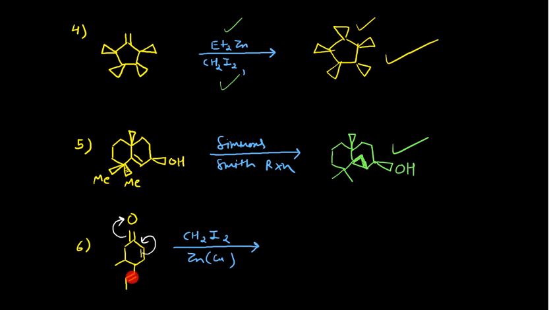So this will form the cyclopropane ring, right? But if you have taken this reagent in a higher equivalent, say 2 or 3 or 5 equivalents, of course first this will form the cyclopropane ring, and then this will also form the cyclopropane ring. But right now, if you have started the reaction with 1 equivalent, only this will change. Okay, so how can you write the product for this one?